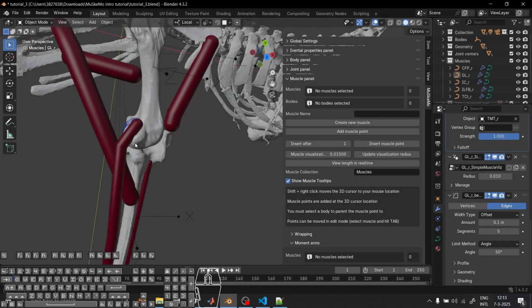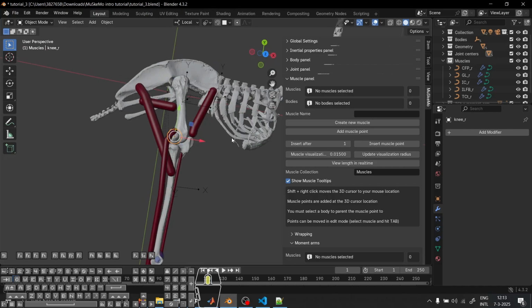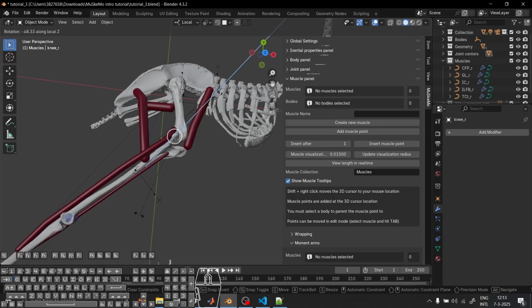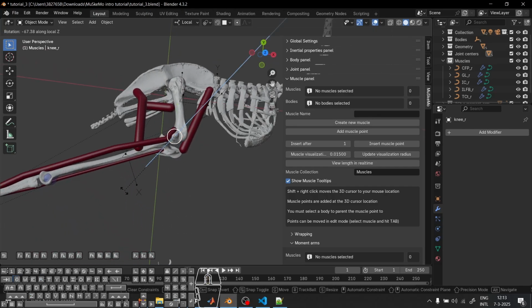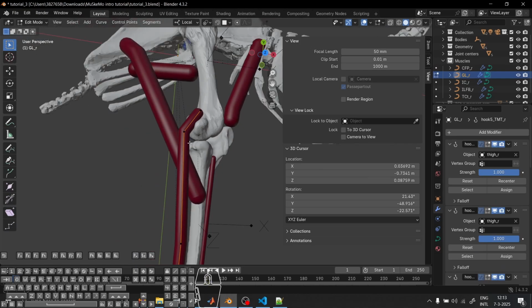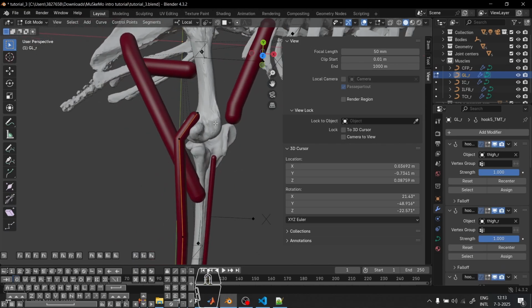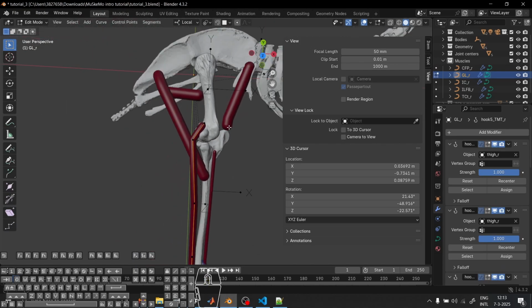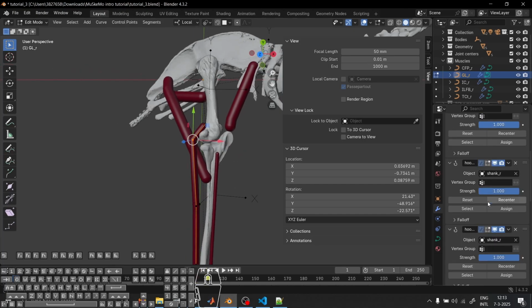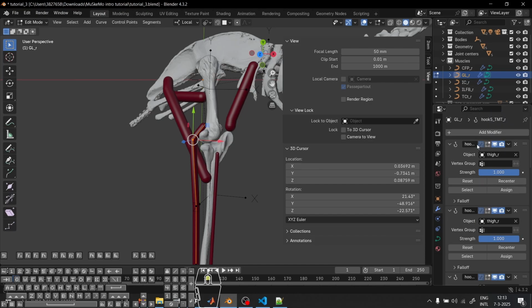If I now flex this joint, which I can just do by selecting the joint and rotating it, we see that this point should not have been parented to the thigh. It should probably have been parented to the shank. So what we can do is select that second point, and in the modifier panel,